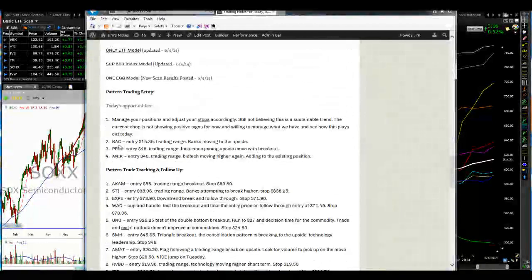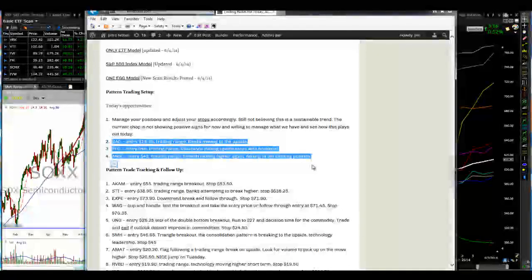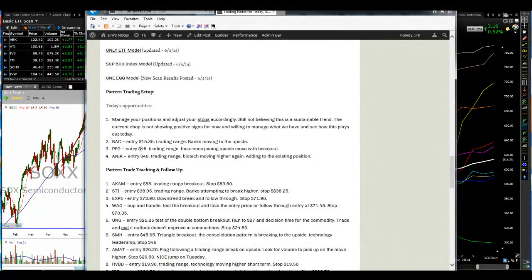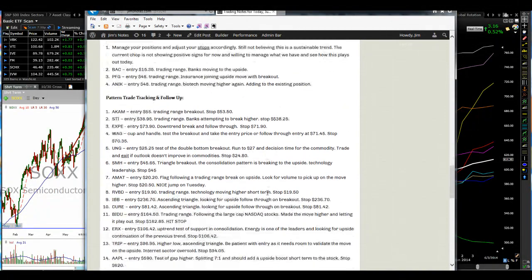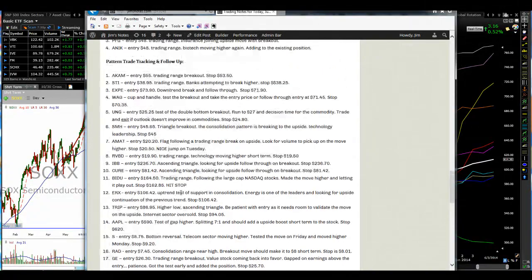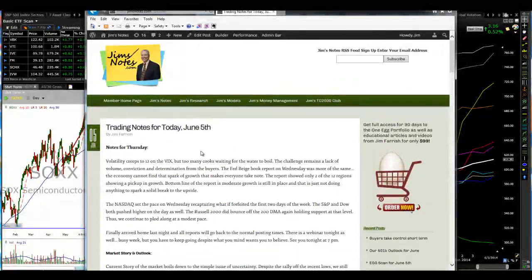And then today on the pattern trading list, I posted BAC, PFG, and ANIK, and we did hit the entry on Bank of America, and we did hit the entry on PFG. ANIK we did not hit the entry point on, but we hit the entry on two of those, which got added. And so you can see that we have, I think, 17 holdings right now. And then I wanted to go back to,